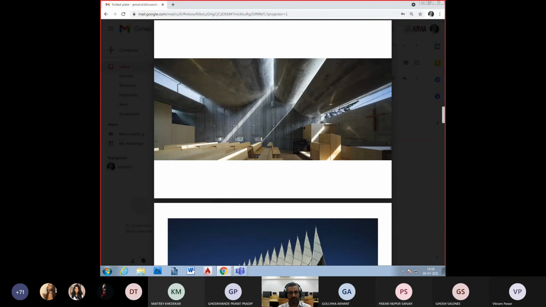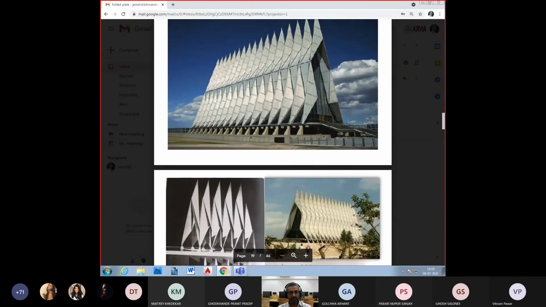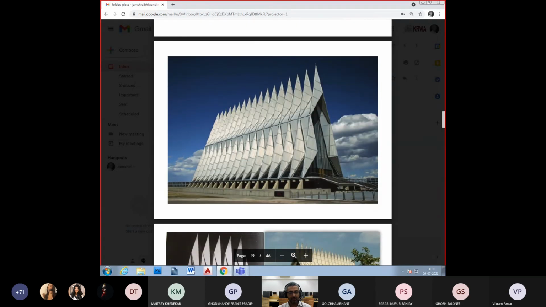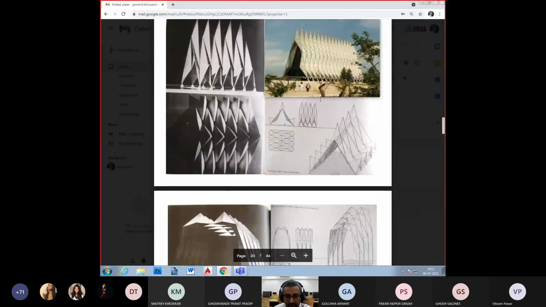All these projects, as you see, are the idea of, this is my all-time favorite, this Air Force Chapel in Colorado, which comprises of an officers' hall below, and a church that comprises of metal frames onto which the idea of the folded plate. It is actually the expressionist idea of airplanes taking off in the sky that has been translated into this folded plate structure representing the chapel.